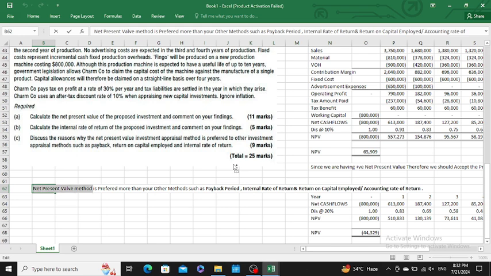Your net present value method is preferred more than your accounting rate of return and your payback period, just because